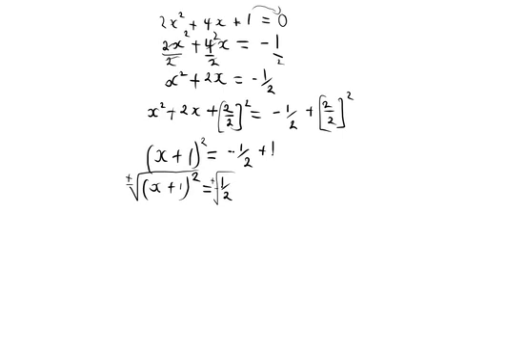Square root of x plus 1 squared is x plus 1, which is equal to the positive or negative square root of half. So to get the value of x, the first one, we will use a positive root. So the positive root of half, then minus 1, which will be equal to